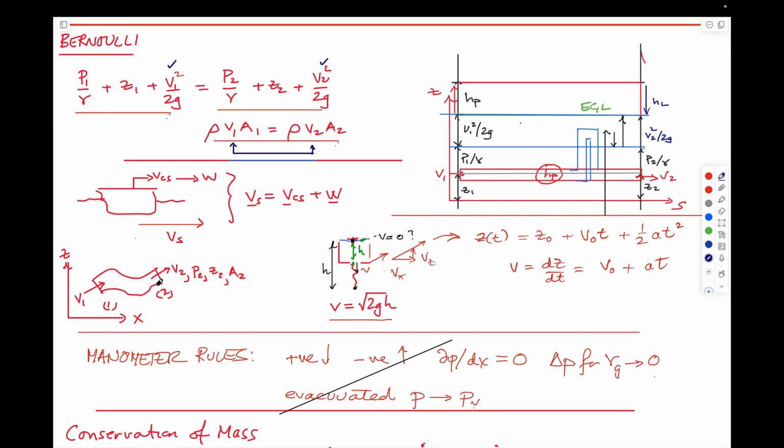We know that along a streamline we can write between upstream and downstream, and we have to know velocities, pressures, or elevations to be able to deal with that. If we need to link upstream and downstream velocities through their areas, we can use the continuity equation. We know if we apply Bernoulli for a free jet in a big tank with 0 velocity on the top